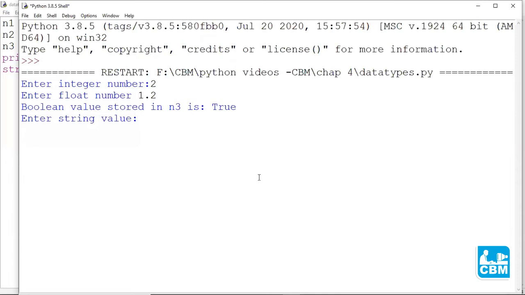Now the Boolean value stored in n3 has returned true because number 1, that is n1, is greater than n2. Now let's enter the value of a string. I'll enter the string Rucha, and since it is not showing any error, it has accepted Rucha as a string.